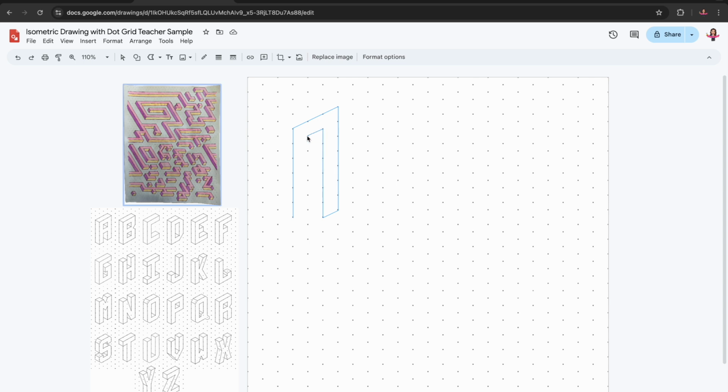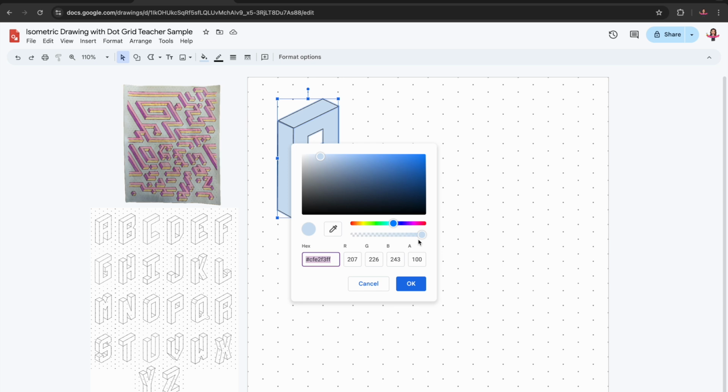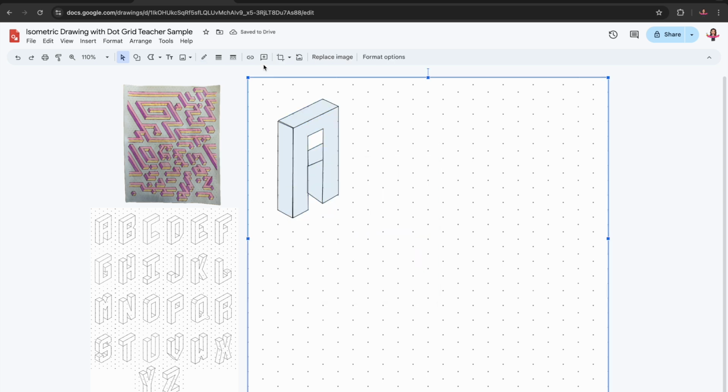So I'm going to start off by creating the word art using the isometric dot grid. So you're going to use the polyline tool to click and trace using the dots as an anchoring guide. You're going to be able to double click on your shapes and adjust your shape using the mouse. So if you make a mistake, it's going to be easy for you to readjust the positioning of your shapes. Right now, I'm working on creating the letter A because I'm going to draw the word art using the isometric